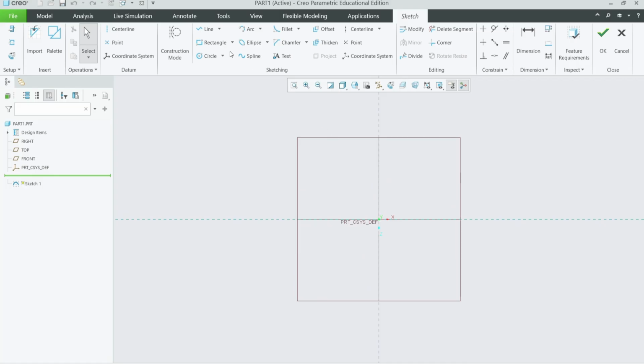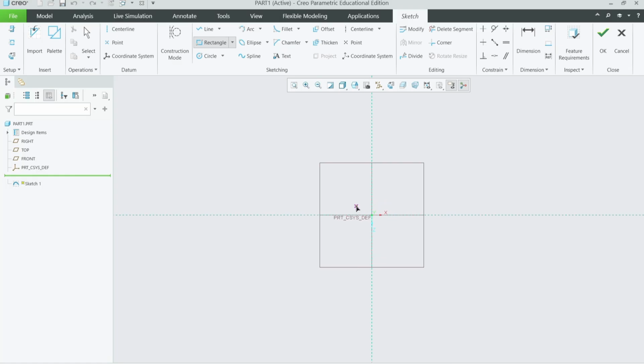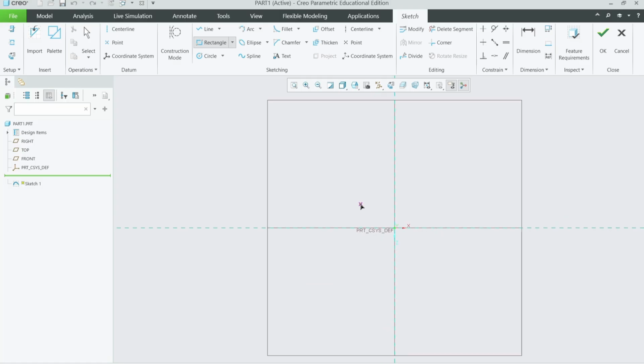You want to go to the sketching tab and select the rectangle tool. You can choose to select the center rectangle tool, but just so that I can show you some of the features, I'm just going to select the basic rectangle tool so that we can see how the constraints work and play around with those a little bit. But the center rectangle usually is easier as it creates the rectangle symmetrically around the origin. So click once wherever you want that corner to be, and then drag that rectangle out, and then click again. Next, we can create center lines. This will make it easier when we are playing around with the constraints and different features that we will be